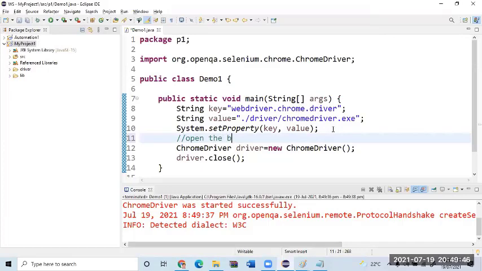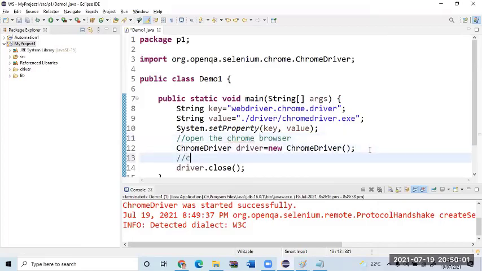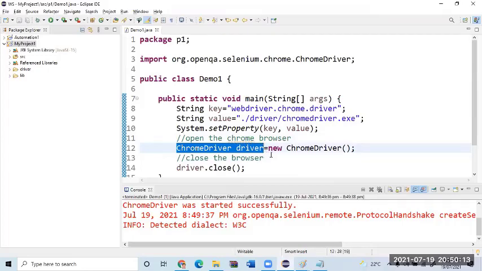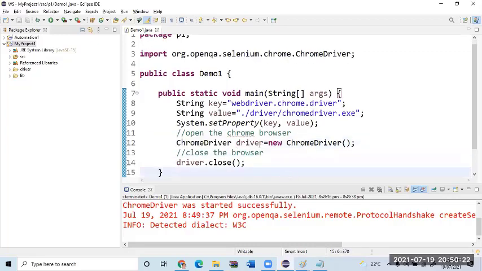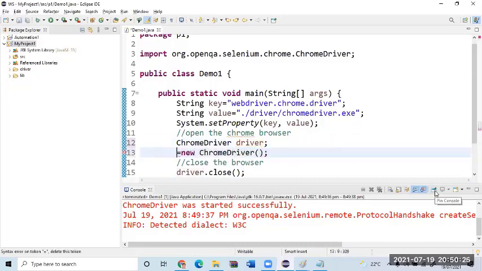How does it open the browser? We will see that, don't worry. Which browser is it opening exactly? Chrome browser. I will definitely teach you how to open other browsers also. What is the last step doing? Closing the browser. So where have they written the code for opening the browser? Let us see this here. What is this code on the left side? Creating an object, or only this variable. What's the difference? Creating a reference variable of ChromeDriver. Now tell me, if you just create a reference variable, do you think it will open the browser? No. Let me comment it.